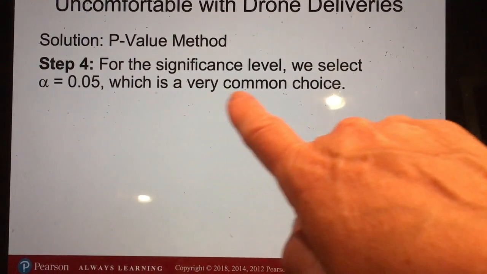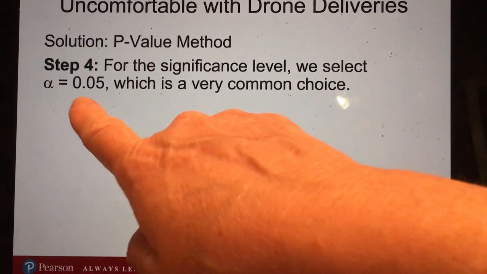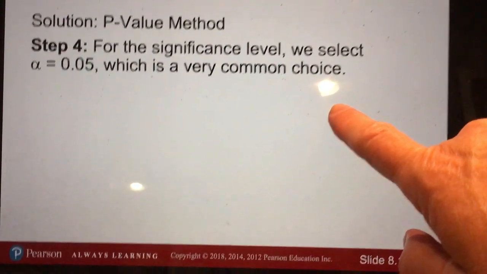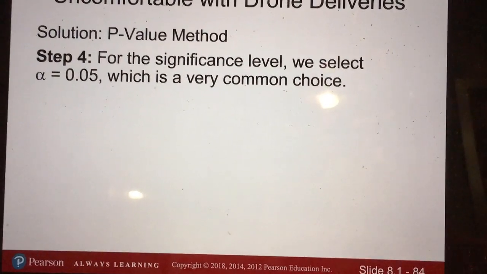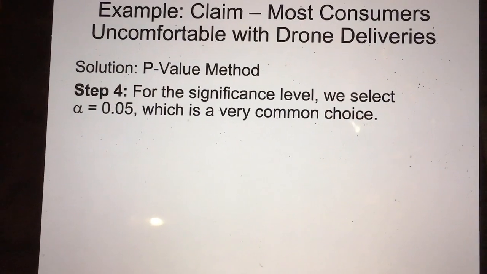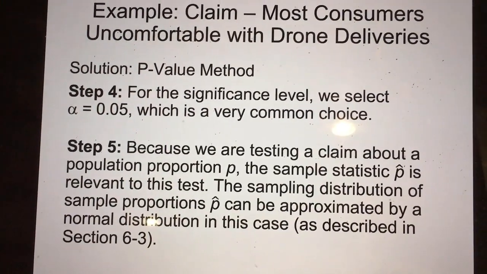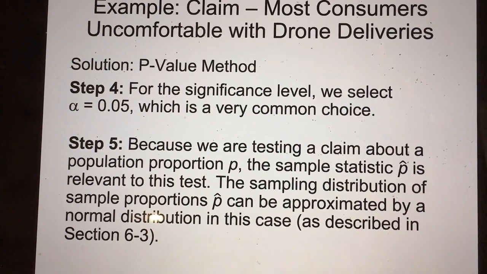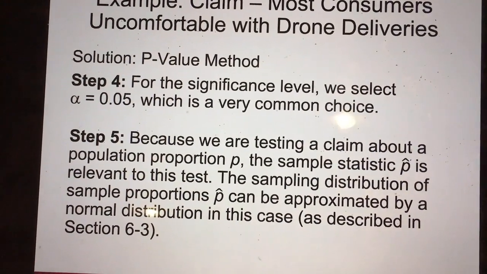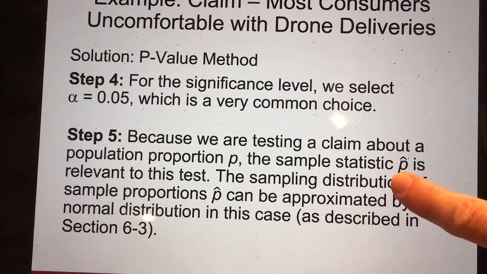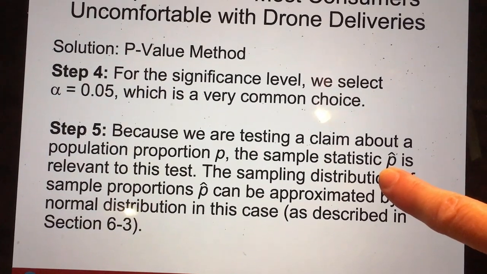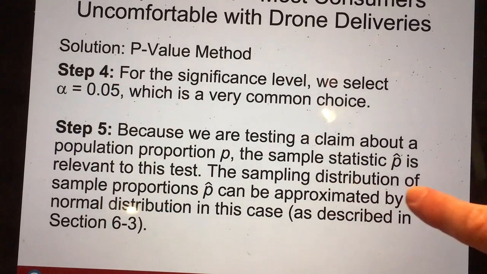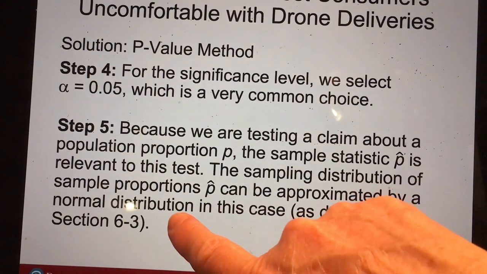We're talking about the significance level. We select the alpha to be 0.05 because that's the very common one that we use a lot. Anytime we're not told what to use, we're going to use 0.05 because we are testing a claim about a population proportion. We're going to use a p-hat as our statistic that's relevant. We're going to use the sampling distribution of the standard normal